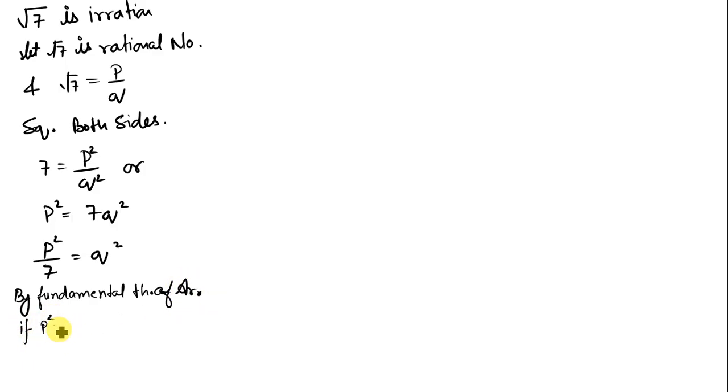If p square is divisible by 7, then p is divisible by 7. Therefore let